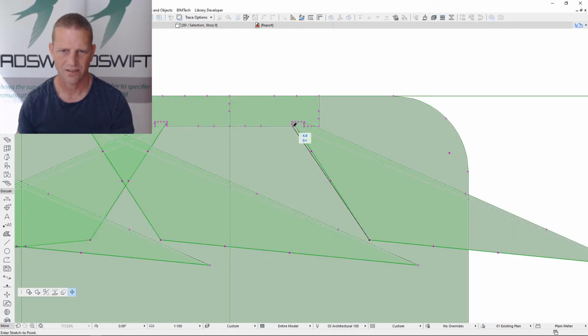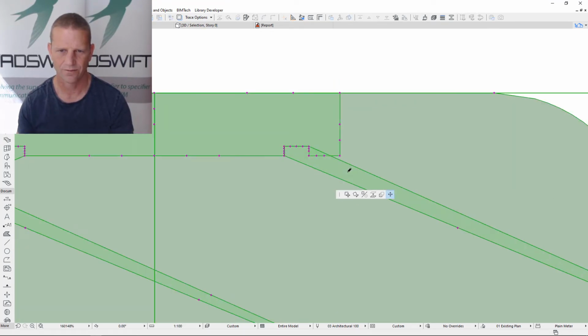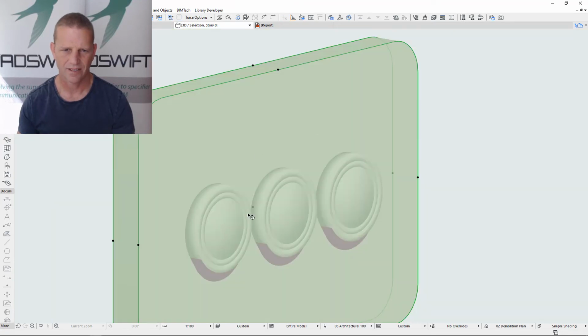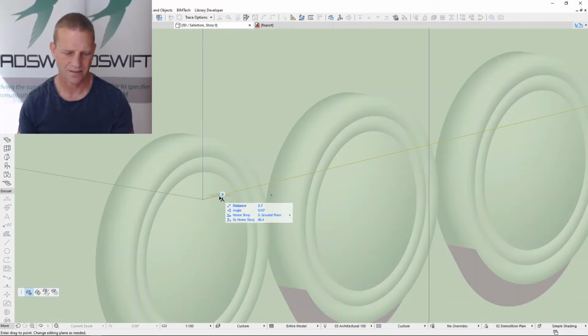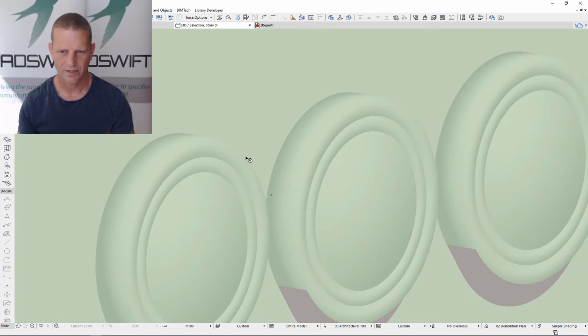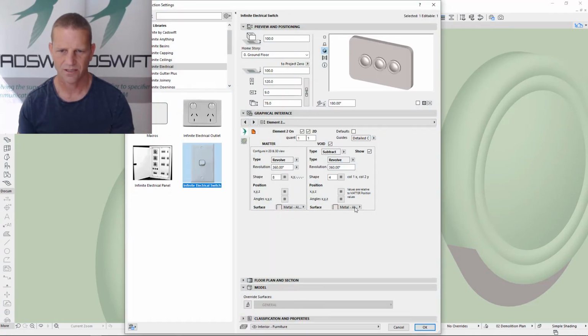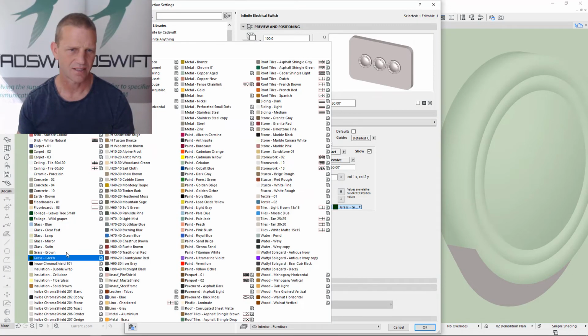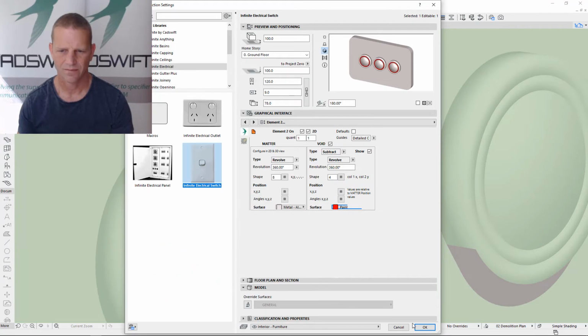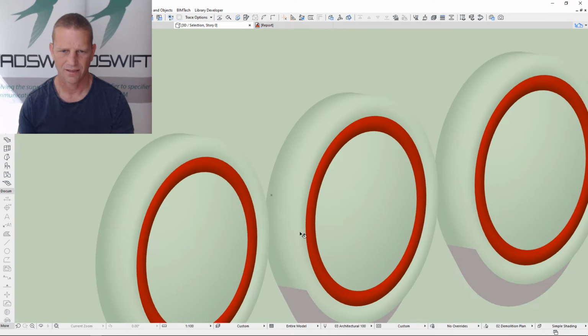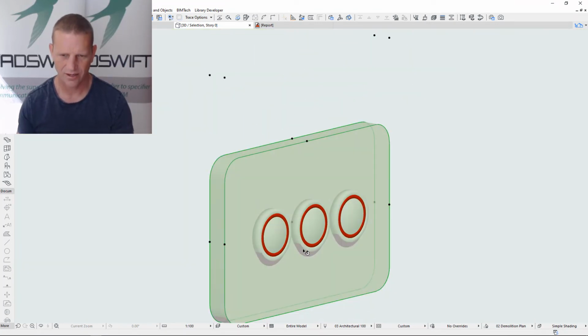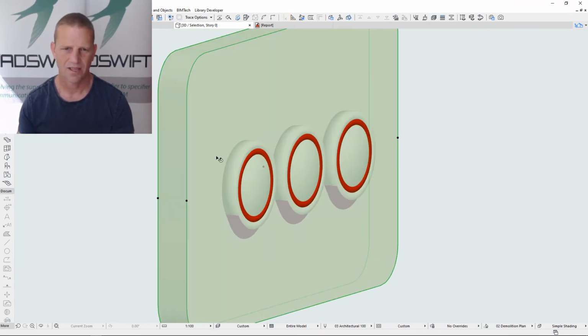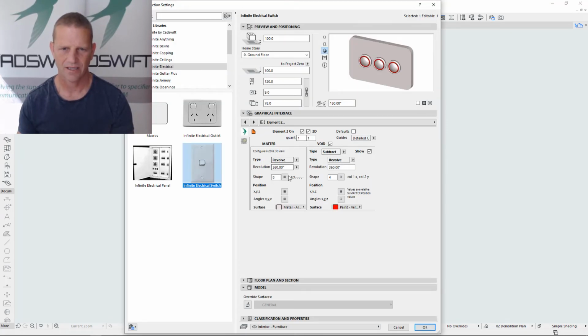And now we just insert this shape into this little groove. Go have a look in 3D. Okay, it looks like there's something going on there. We need to change the material. Let's make it something that's going to stand out. Okay, so there you can see you have your more modern type. Now we want to set these back a little further. So if we pull these back in,